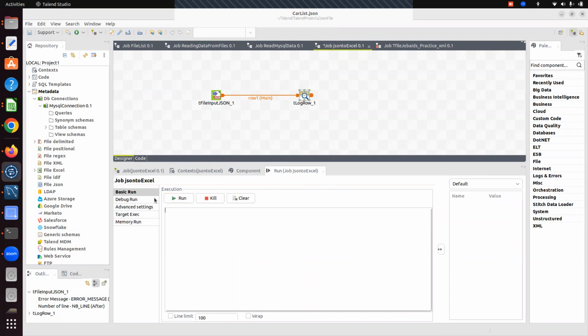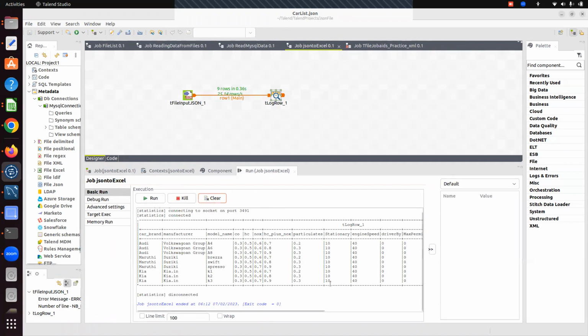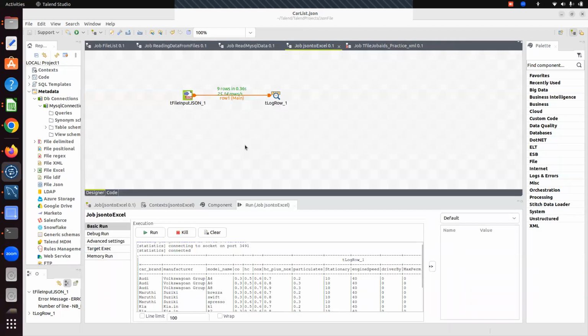I'm just running this job. Done here. So the data is there. This is how you're supposed to read the JSON files. Okay, that's it. And now we are going to read how to read the MySQL